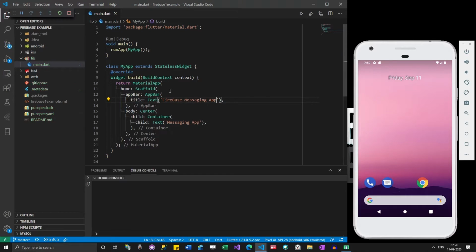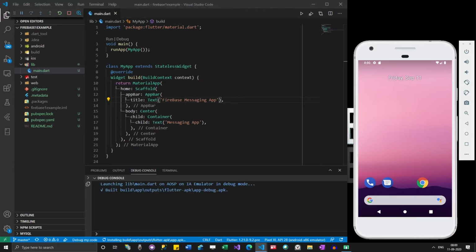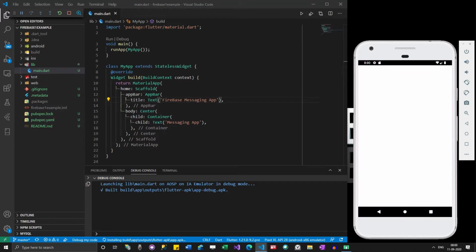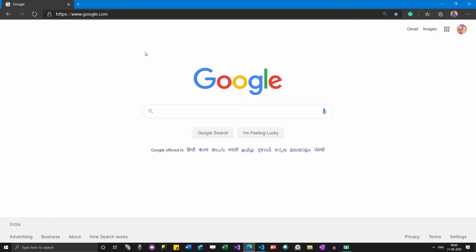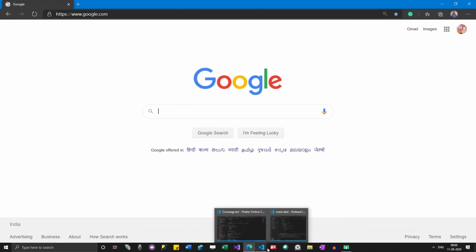Okay, so now let's run this and see if it loads fine or not. So it is working fine. So no issues with my SDK. So the next thing we need to do is, now you have decided to use Firebase for your program,